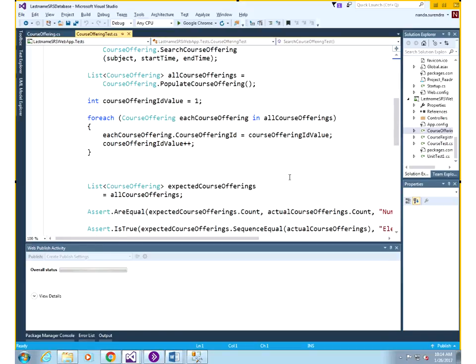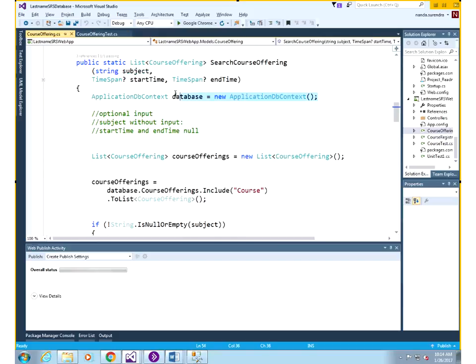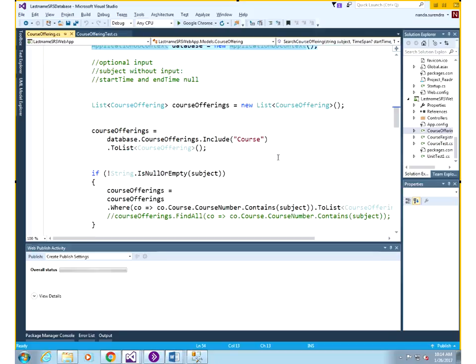Okay, what I'm trying to test is whether it's going to the, because the model is basically calling, it needs to access the database,